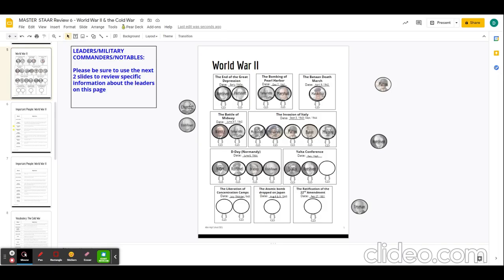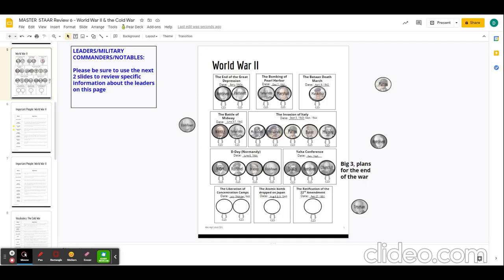So you had Stalin, Roosevelt, and then you also had Winston Churchill, the Prime Minister of Great Britain, come together at the Yalta Conference. I do want to add one box. These guys together, anytime they got together, had a little nickname. They were known as the Big Three. And at Yalta, they're going to talk about their plans for the end of the war. How are we going to wrap this up? What are we going to do after the war? Just kind of making sure they were all on the same page.